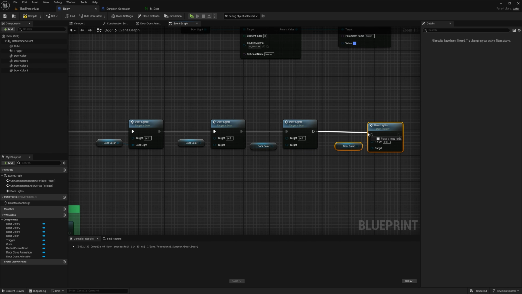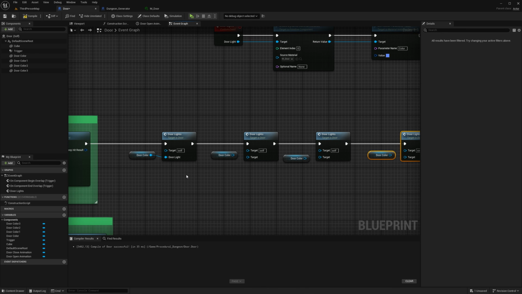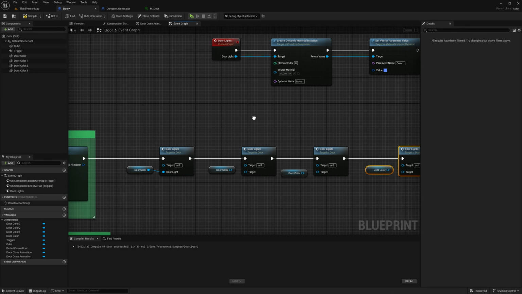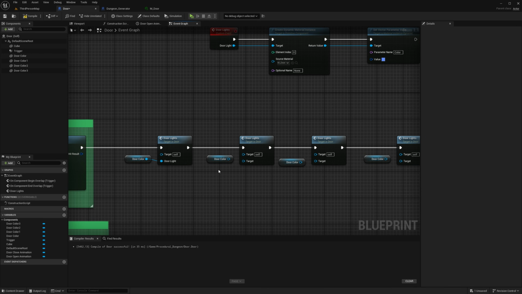I mean, we could do this with a for each loop, but it will just be a little more confusing. And I know many of you who are starting on these tutorials I make are beginner dudes, right? So I'm trying to keep things simple and easy to understand here. So I think this is the most easy and simple way to do it. So plug these in also in the targets.